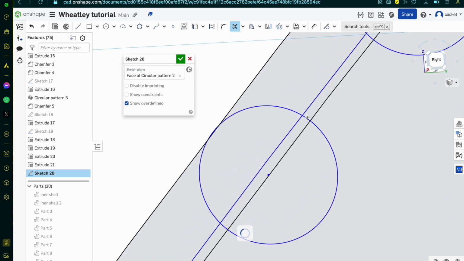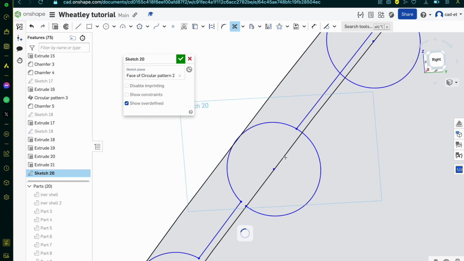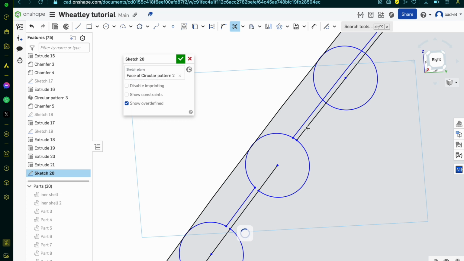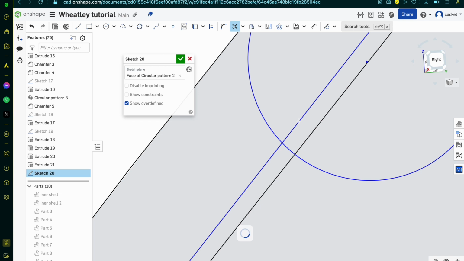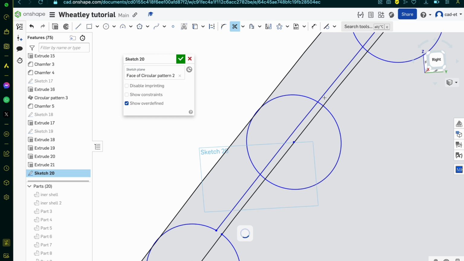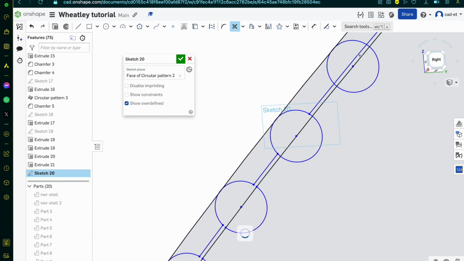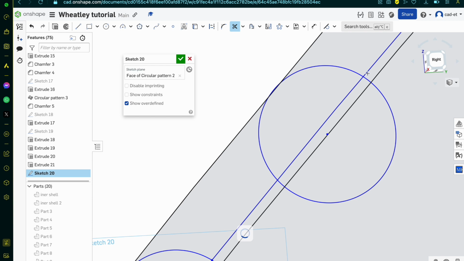I think I may have just deleted the wrong line. No, didn't. Yes, it did. Okay, now let's go back to trim. Move that. Okay,